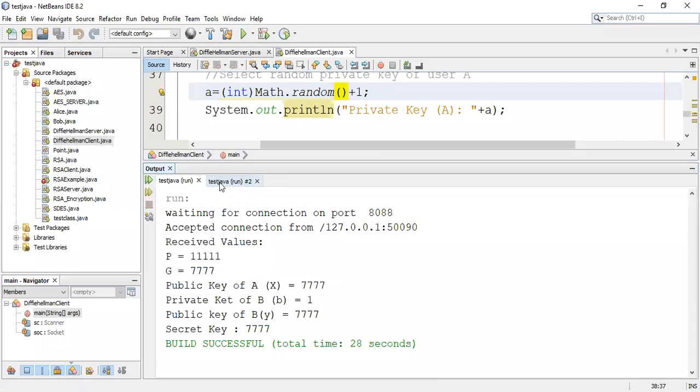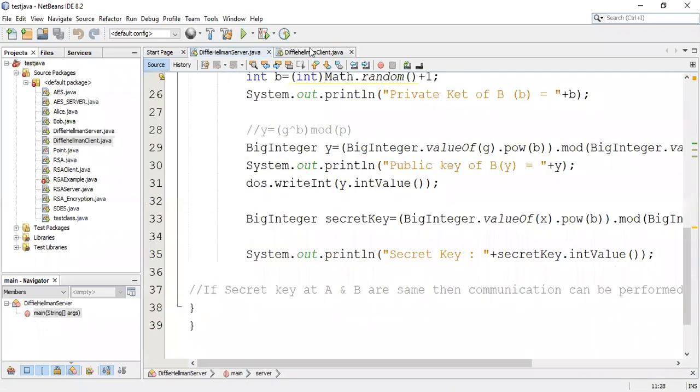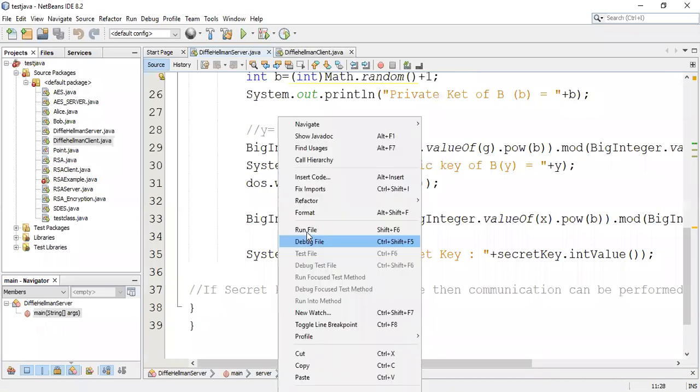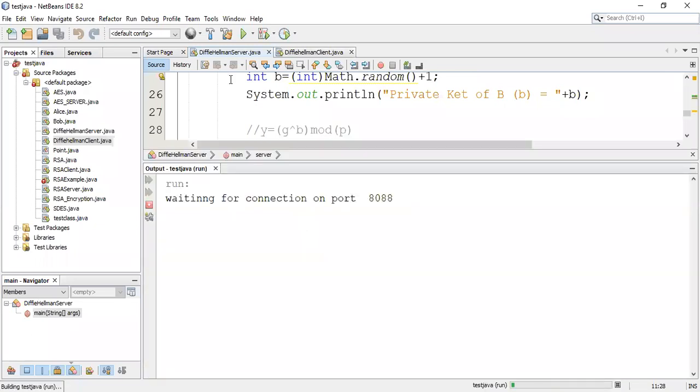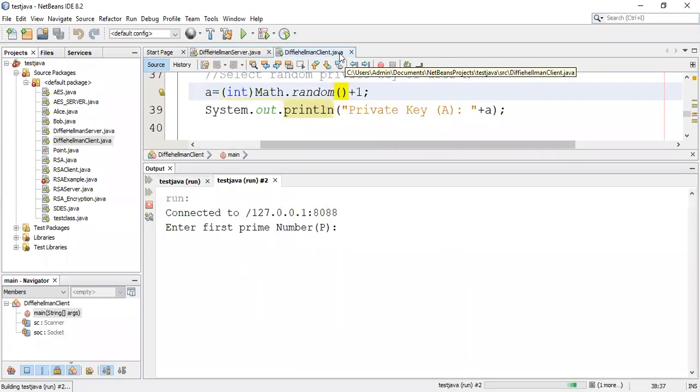Okay. So if you want to tell me any numbers, from your side again you can tell, so that I again put them over here. First of all, I have to start the server. Then I have to start the client. So can anyone tell me the numbers so that I can enter over here? Snehal, Tanmay, tell me any large prime numbers, so that I can put them as my input.